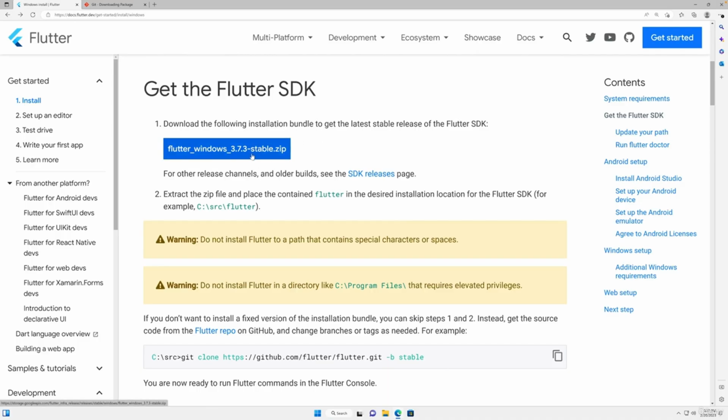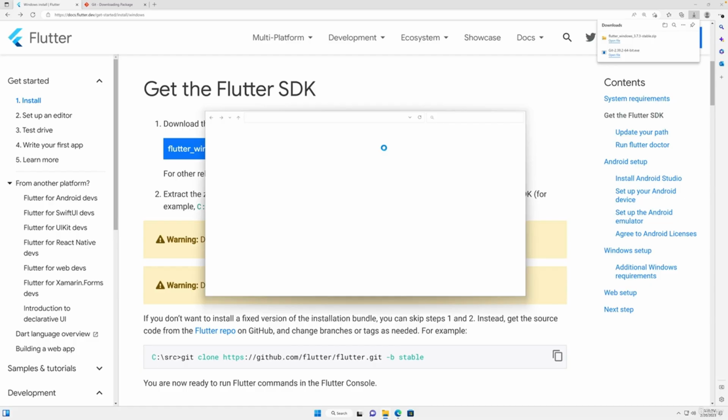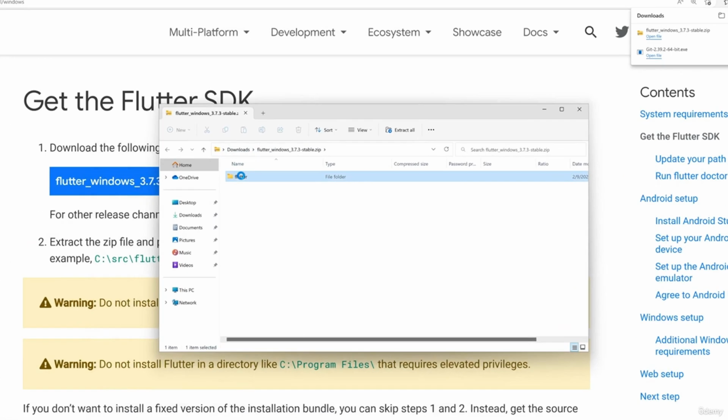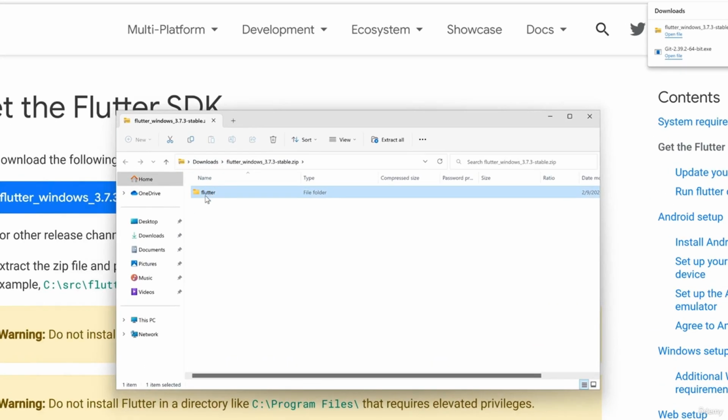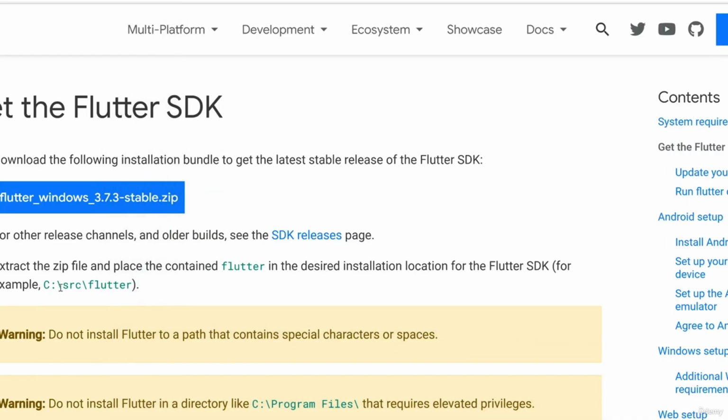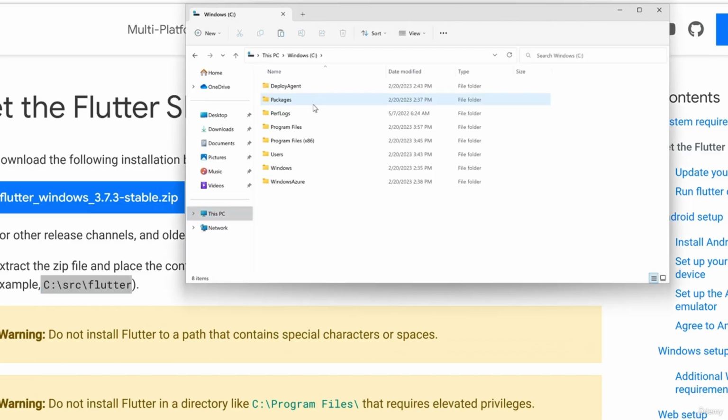For that, you should download the latest version using that link in the official documentation. And then, once this was downloaded, open this zip file that was fetched here and extract it. And in that file, you will find a Flutter folder. Now that Flutter folder must be moved somewhere else. And it's generally up to you where you want to move this, though the official documentation recommends picking a path like this. So here I'll go to my C drive,